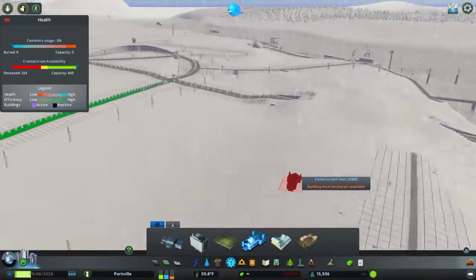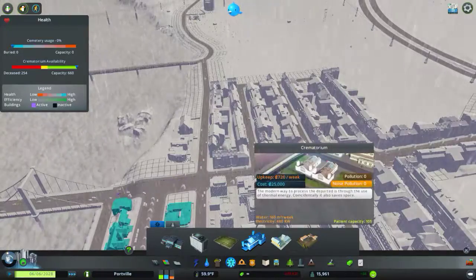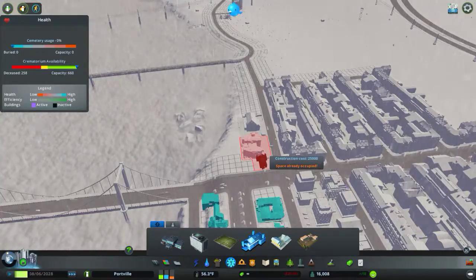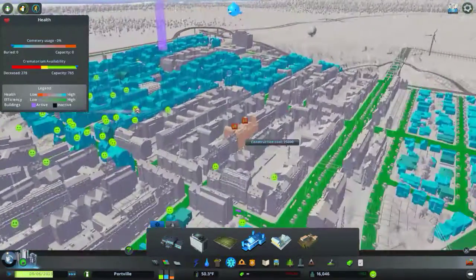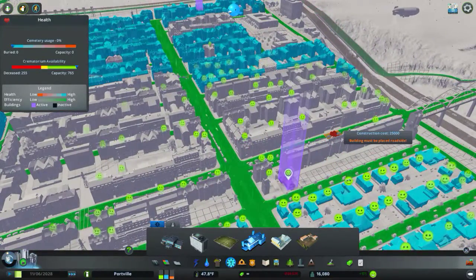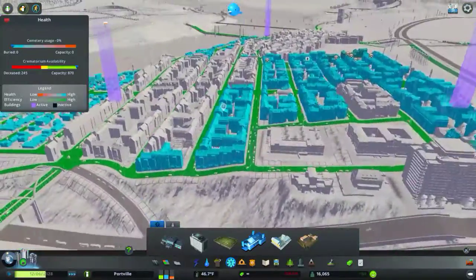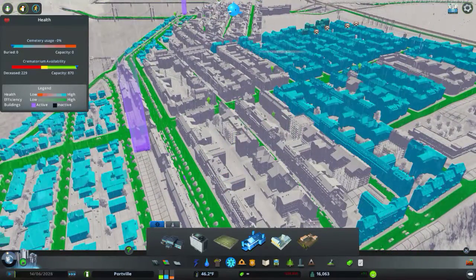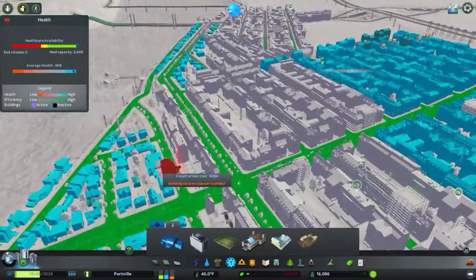There we go. Whatever it is. Where is it? Crematorium. So I'm just gonna place that down then as well, and place one down here as well. So that... there we go. We need more medical attention. We need more medical stuff. I can place...